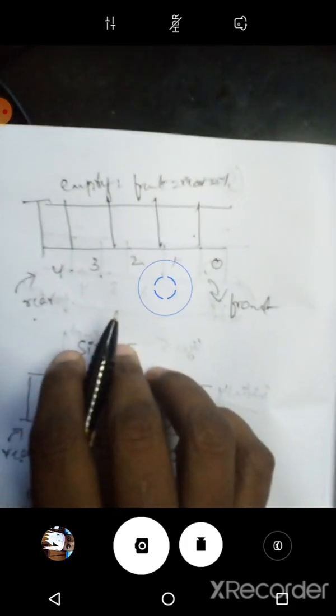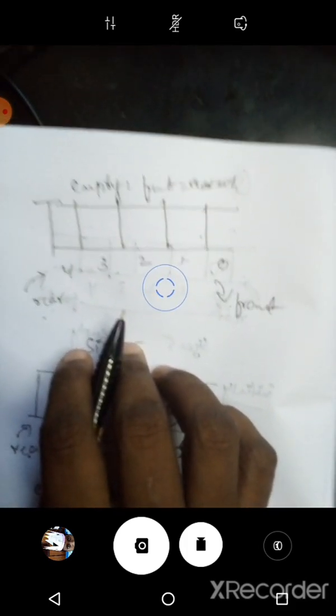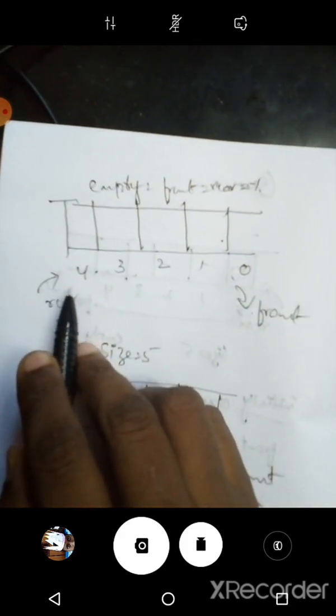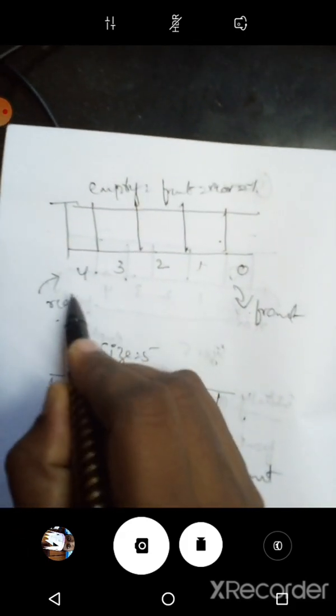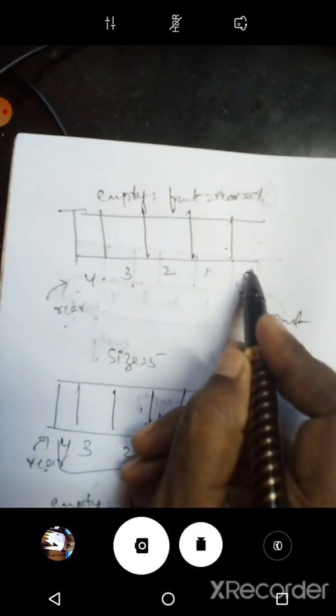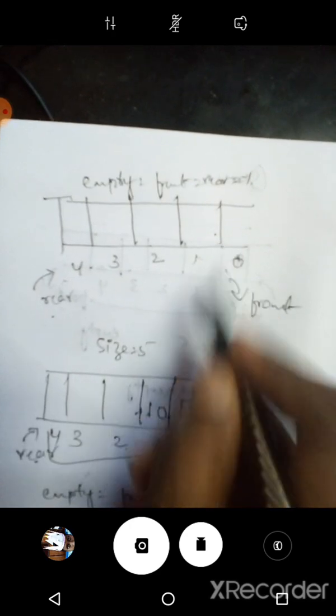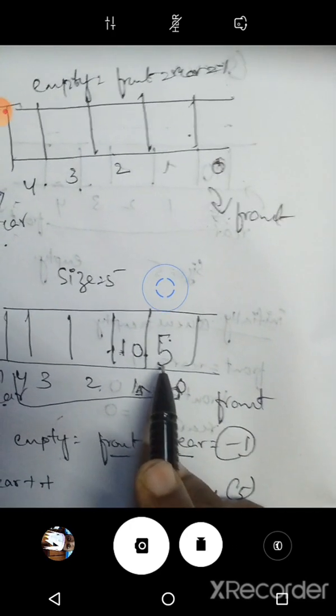If you want to insert an element, from which end do we insert? The rear end. Suppose I want to insert the element 5. The rear then points to the 0th position, so we can insert the element. Look down here: I have inserted 5 into the 0th location, the first element.